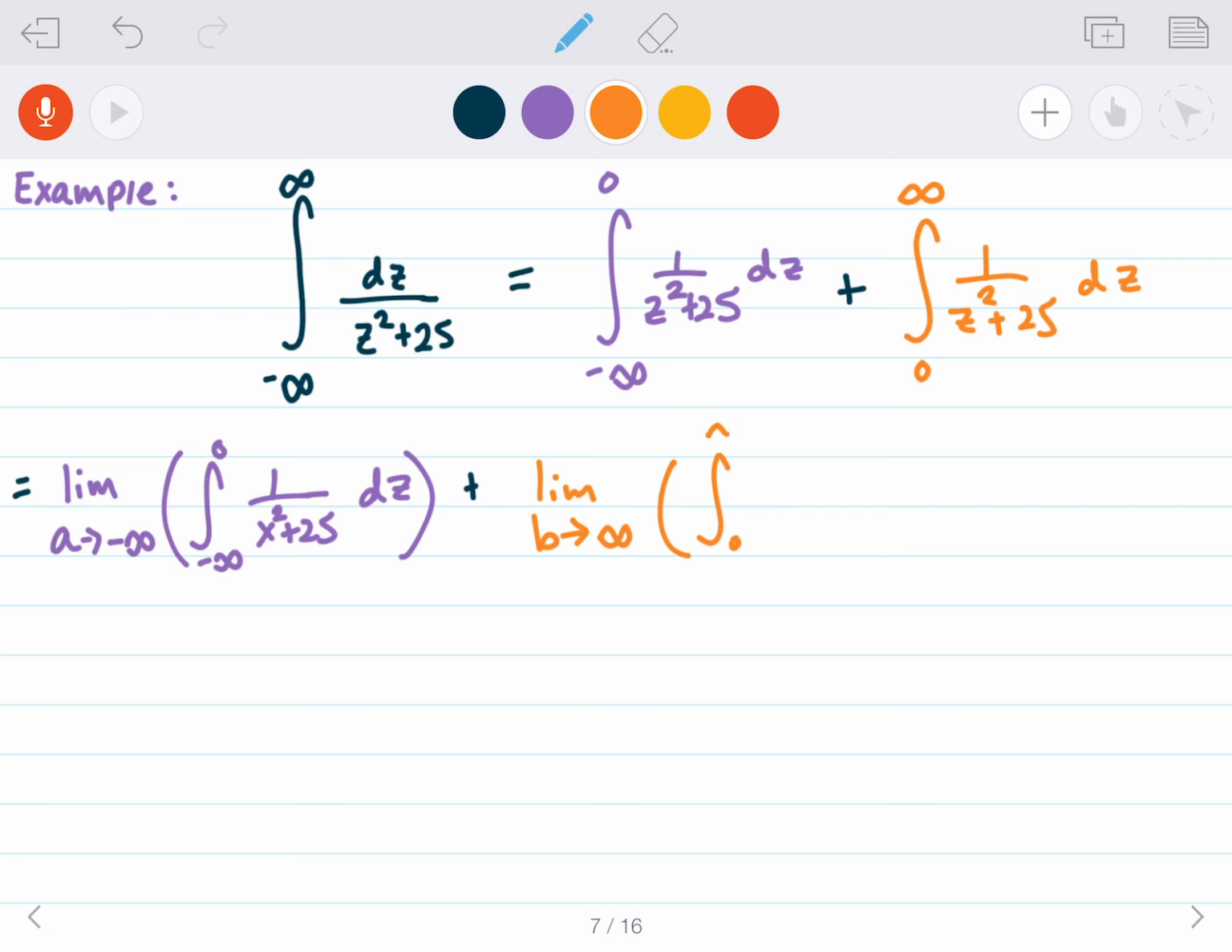From 0 to infinity. 1 over x squared plus 25. Oh, not x squared. I meant to do z squared. Sorry, guys. z squared plus 25. And here I have, again, z squared plus 25 dz. All right, so how do I tackle this? Well, I need to replace this with a, and I need to replace the other one with b. I'm not sure why I didn't do that, but let's go ahead and evaluate